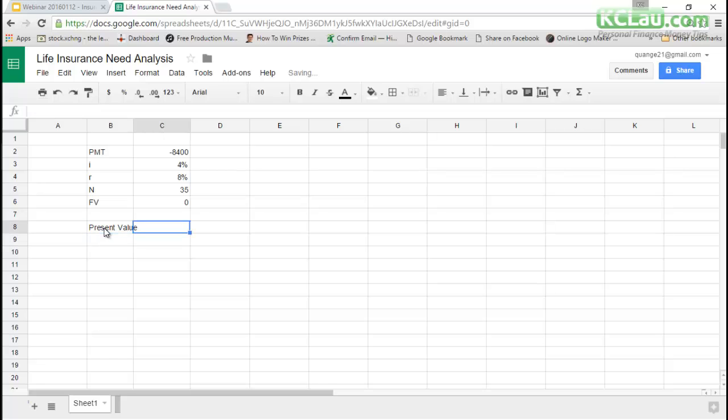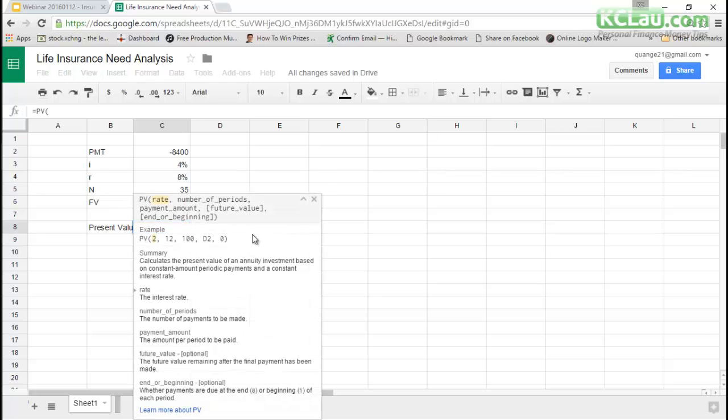You use the formula. You press equals, then you type PV. This is present value. So how do you use this? It is explained here. Okay, the PV is used to calculate the present value of an annuity investment based on constant amount periodic payments and a constant interest rate.